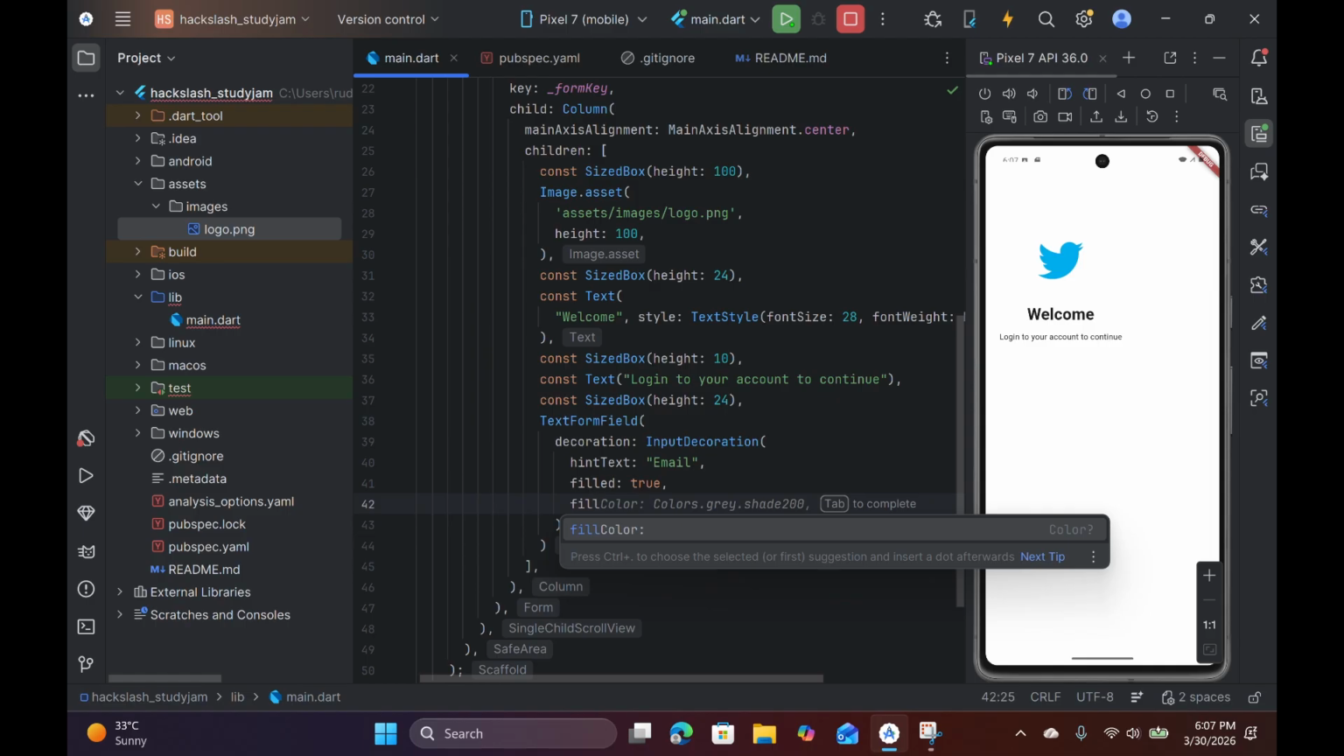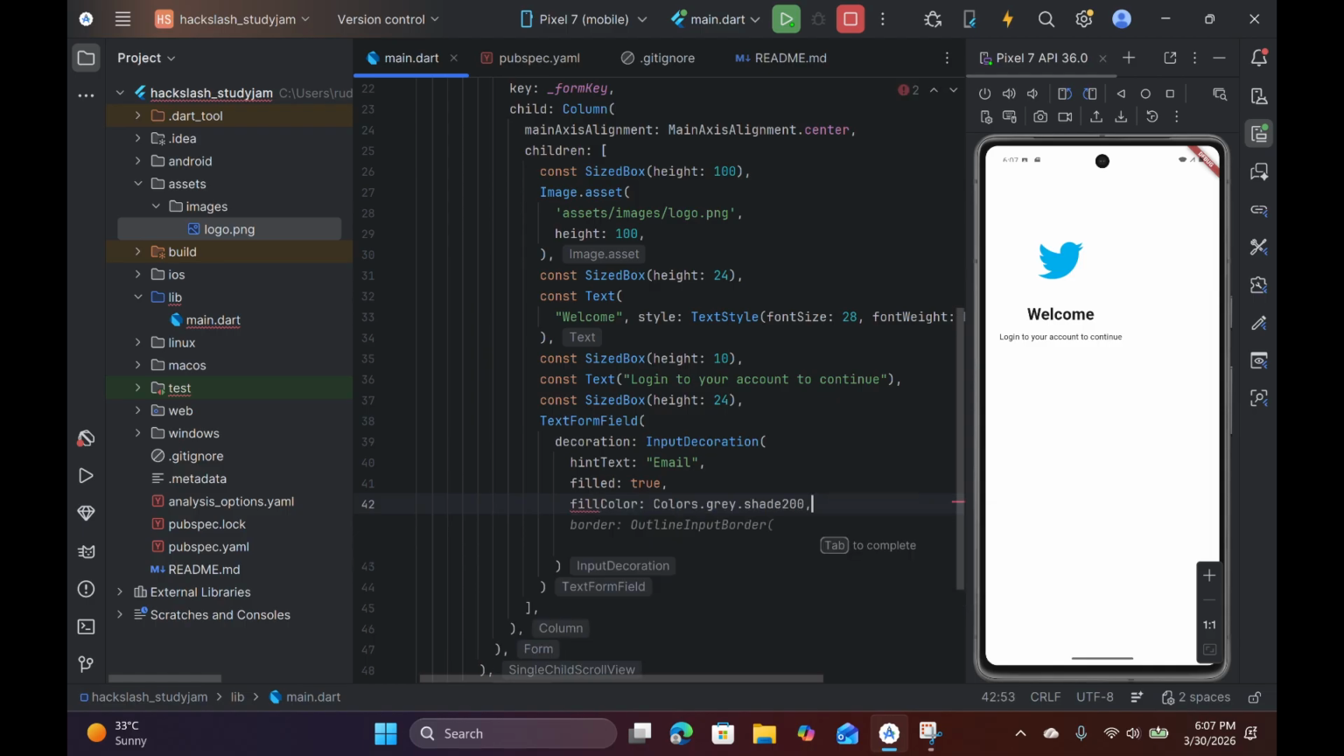Fill color. Colors.gray shade 200 will look good. You can place different shades of gray also, like it is defined from 100 to sometimes 1200 to sometimes 600 also. So let's try to keep it 200 this time. Now let's go further